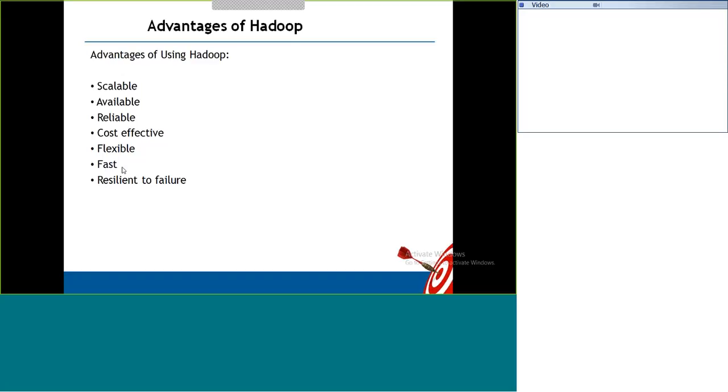Because you are processing a small amount of data, but implementing distributed parallel processing by using the resources of all these machines simultaneously, you are getting the benefit. That's why you are faster. In the traditional system, it is 1 terabyte at a time. Here, it is only 64 MB. Definitely, to process 64 MB is faster. So that's why it is faster here.